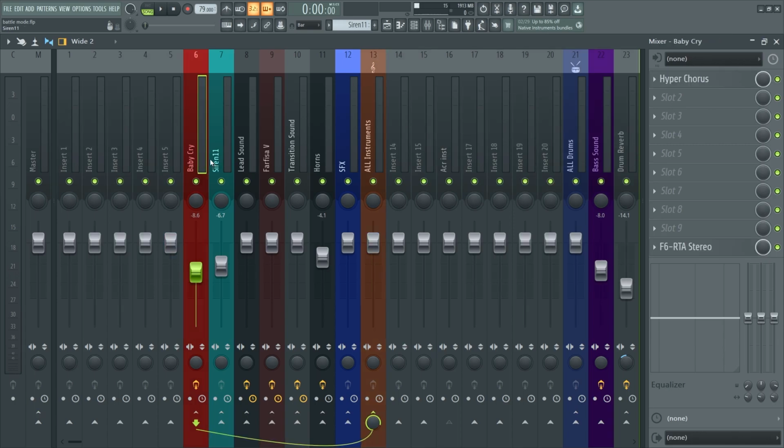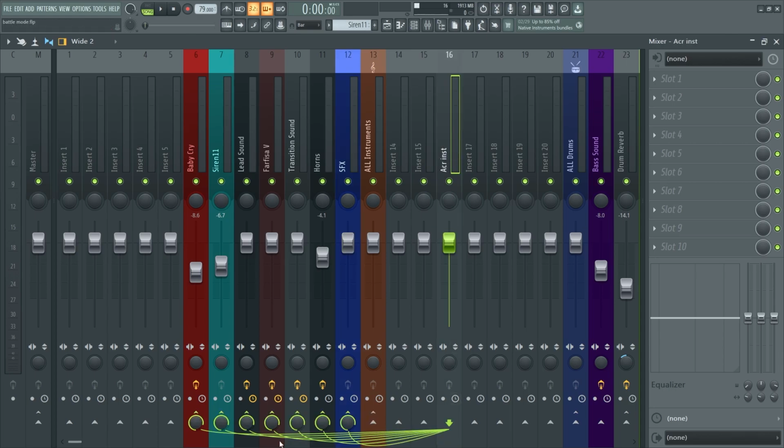So in order for this to work, of course, you're going to have these tracks routed into the insert. But you can see over here, I have an empty insert and I routed them all individually. This doesn't have to do anything, no sound in there. But if I right click it, you can see that works.